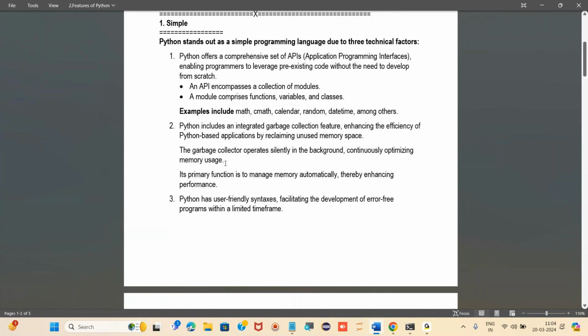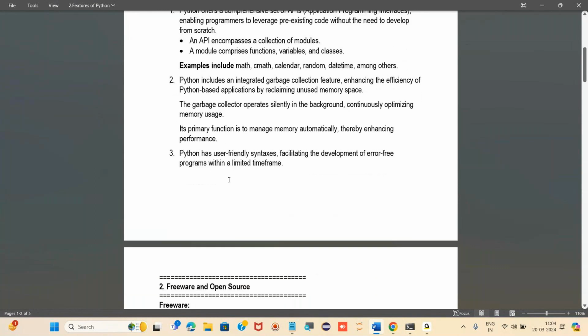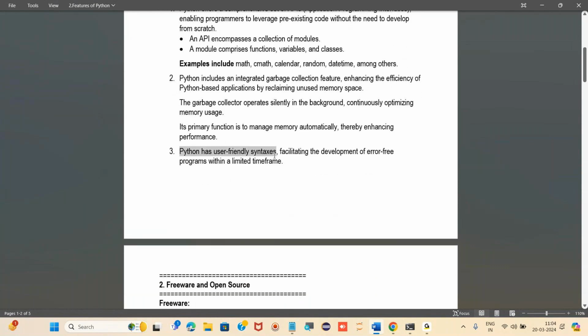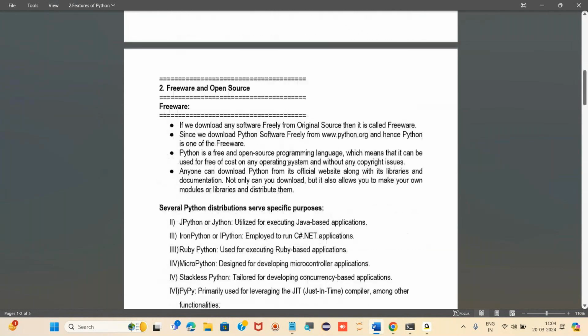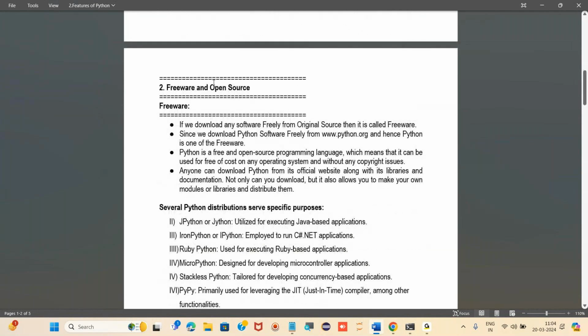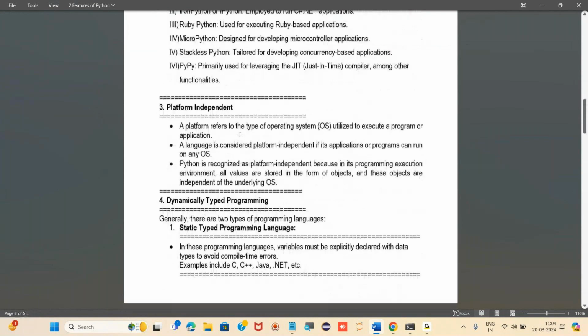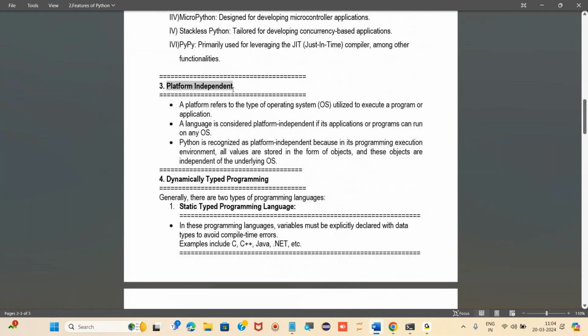Okay. The third technical factor is that it has user friendly syntaxes, right? Freeware and open source, we have seen what is freeware and what is open source, right? Then platform independent, and it can run on any kind of platform. Platform is nothing but the operating system, right? The Python program can be run on any kind of operating system.